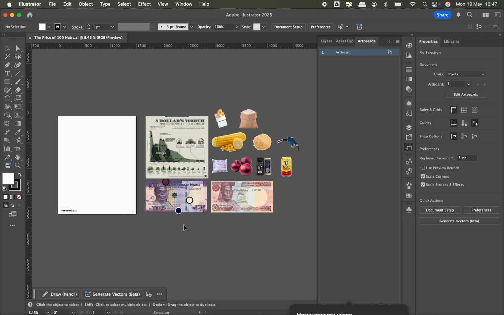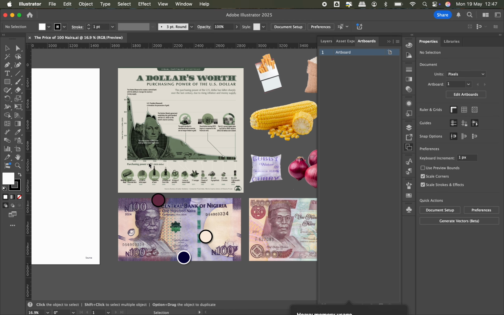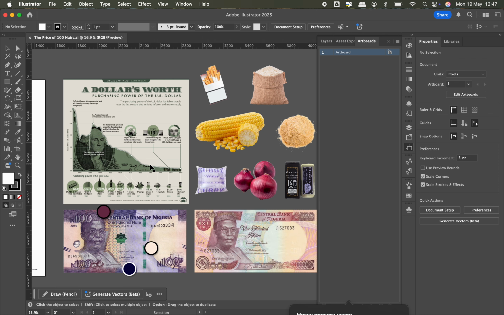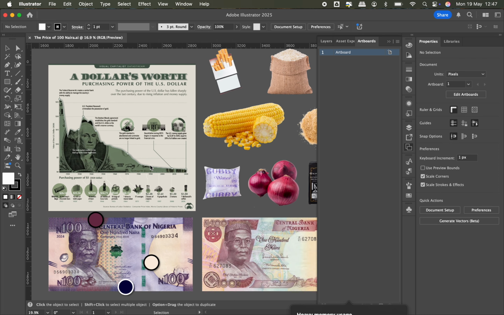Most times I start with the data and use it to guide the story I want to tell. But this time the concept came about from an existing design. I've gathered a few references, including the Naira note itself on my Illustrator artboard. The 100 Naira note has two versions, and both are here to help tell the story I want to visualize